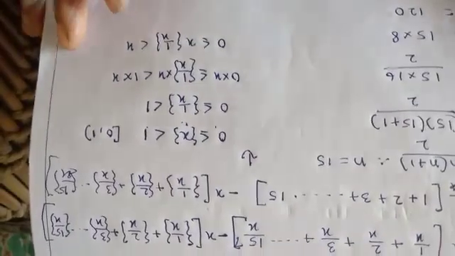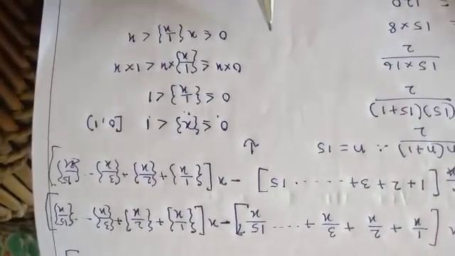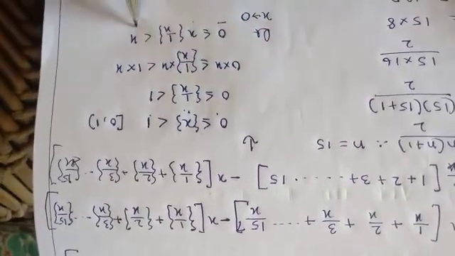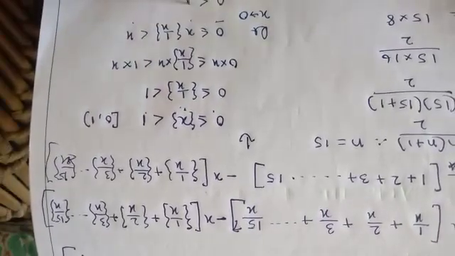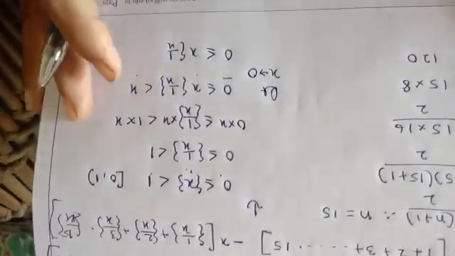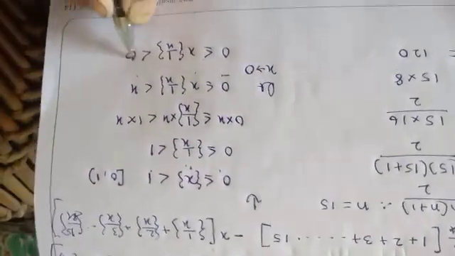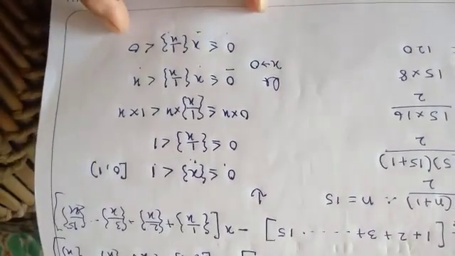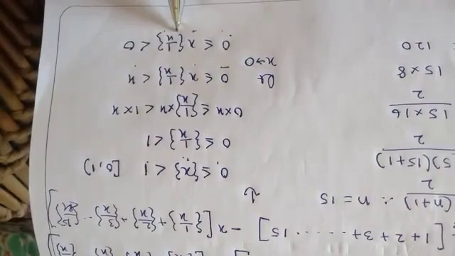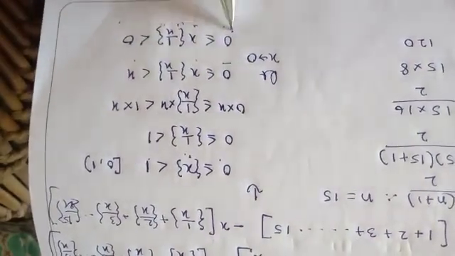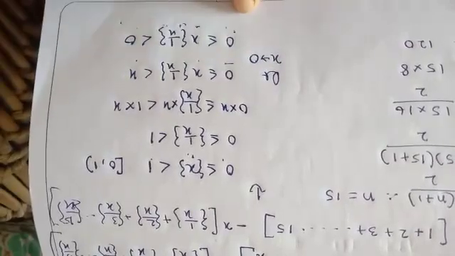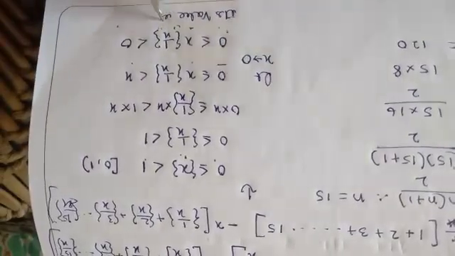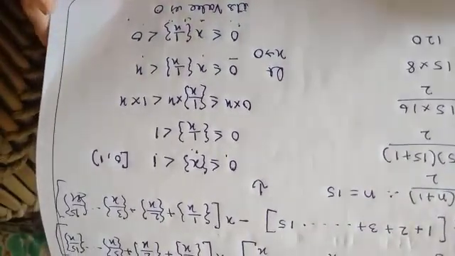Now limit x tends to 0. This 0 will remain, this 0 and this 0. 0 is less than or equal to x, 1 upon x is less than 0. Why am I not putting the 0 over here? Of course we can put, but I want to show this is a sandwich, because 0 is less than or equal to this number, and this number is less than 0. It means this is sandwiched between the two 0s. So its value will be 0 only. Its value is 0.